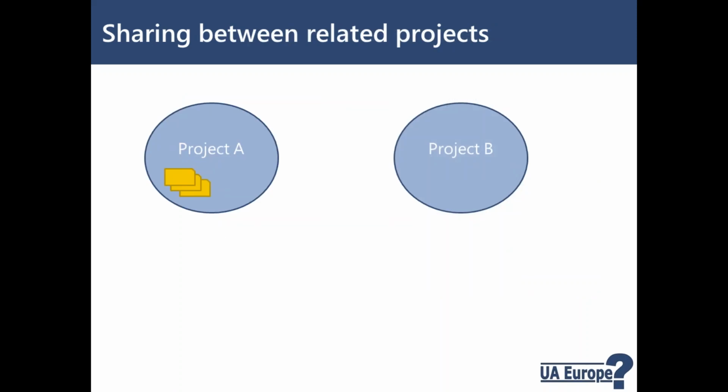All right, now I said one way of sharing content would be to say, well, I've got two projects, Project A and Project B, and there's some kind of relationship between them. They're two related products. So I've got maybe 3 snippets here. I've got these yellow snippets. Those represent snippets. I might think, well, if I've put those snippets in Project A, then maybe they should also be in Project B. Maybe Project B could use those snippets as well.